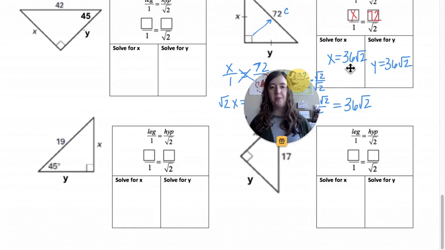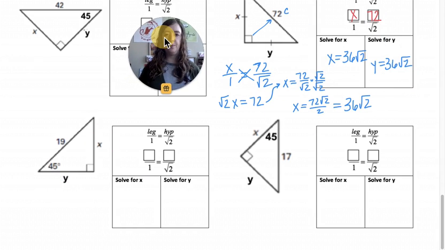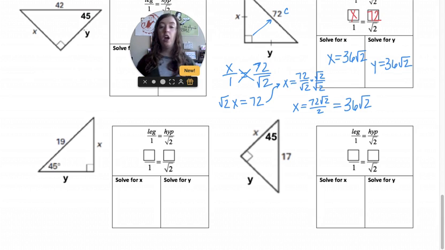And I'm sorry, let me move my face first. Cool. Actually, let's move right here so that way if you need to see any of that. Okay, so